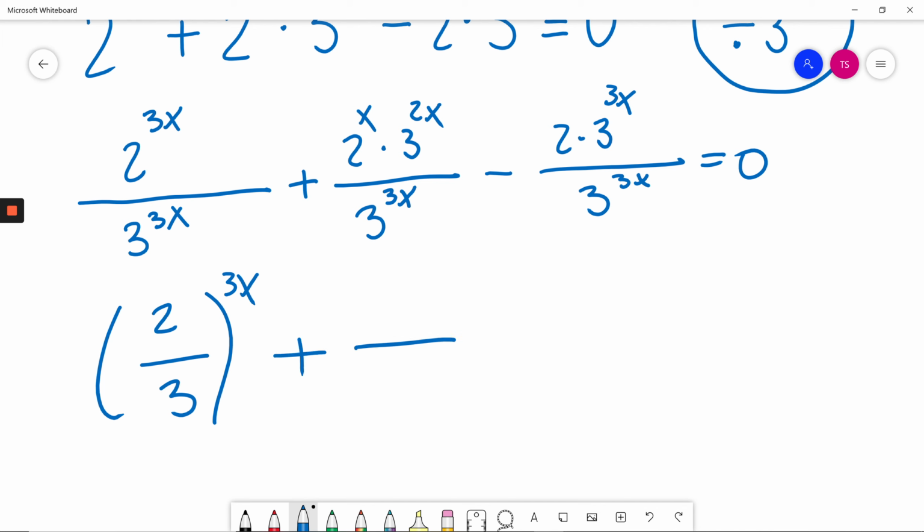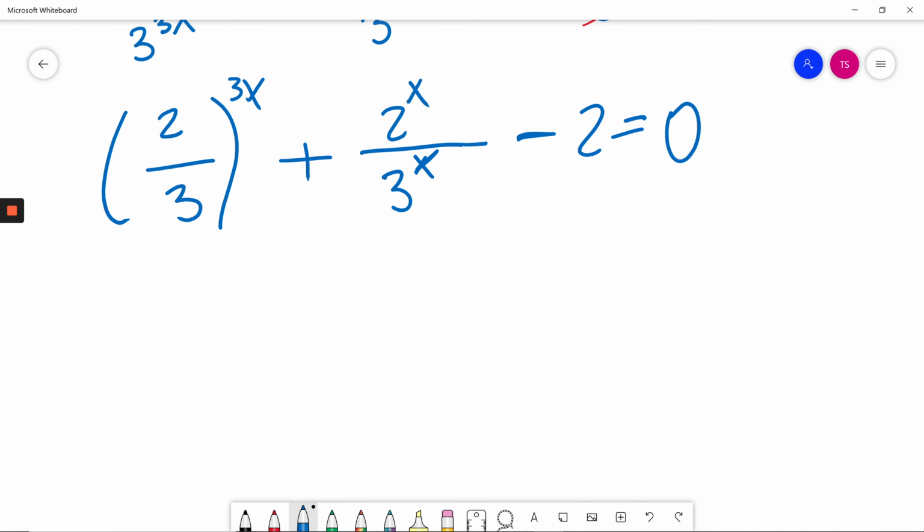Plus, this will be 2 to the power of x divided by 3 to the power of x. 3 to the power of 2x will simplify, minus, this is just 1. So minus 2, this is equal to 0. So I can write it again as